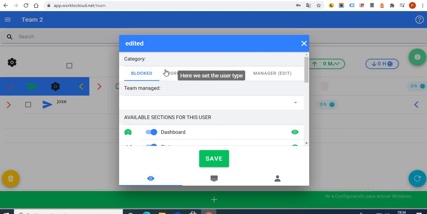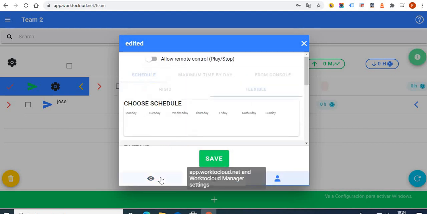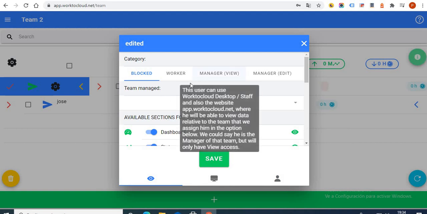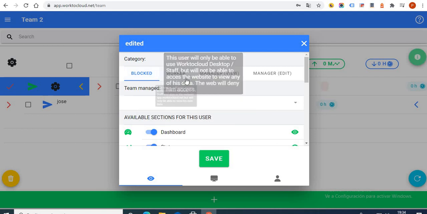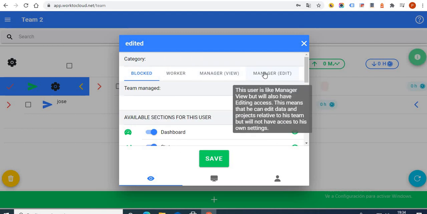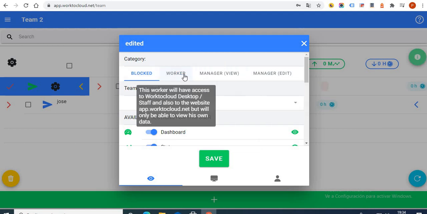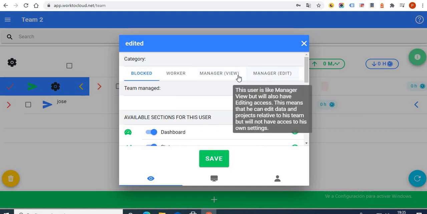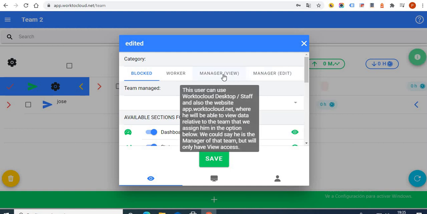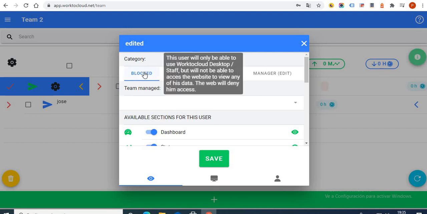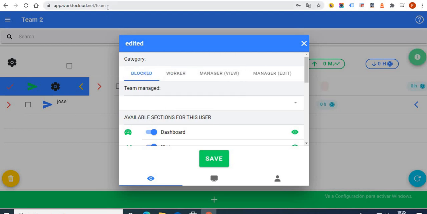Okay, so first of all, there are 3 buttons. The first buttons refer to what this worker will be able to see on the website. The first row: category, blocked, worker, manager view, manager edit. Take into consideration that normally every section has its own explanation, and you should be able to understand because it's a bit long. Basically, if we set him blocked, this worker, if he tries to get inside the